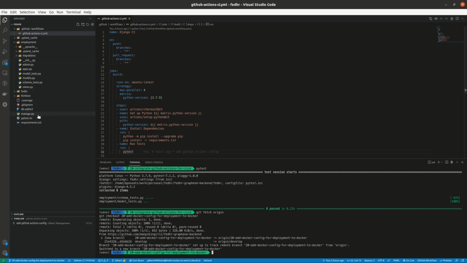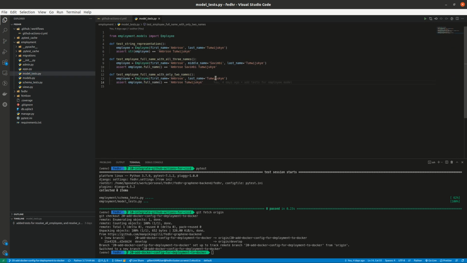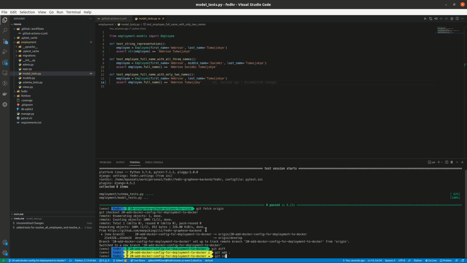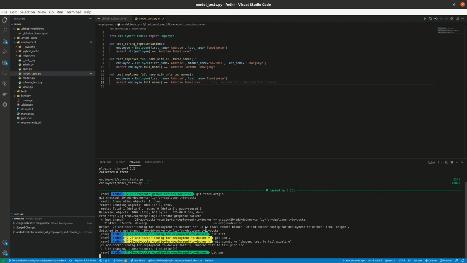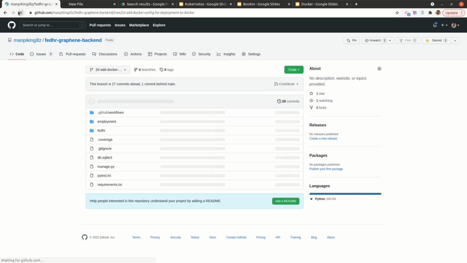Okay. So what I will do is make some little changes. Let me just change a test and make it fail. Okay. Let me just change this. This will fail. So git. All right. So I changed that. So we want to see the pipeline run. Okay. Git add. Git commit. All right. So I will just push. All right. So let's see what happens